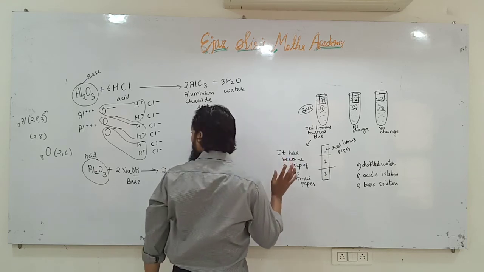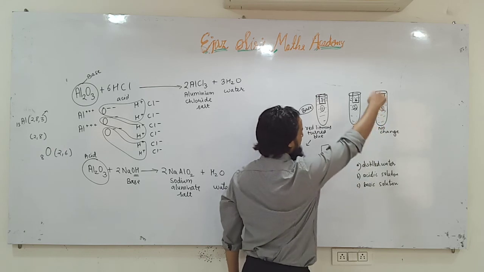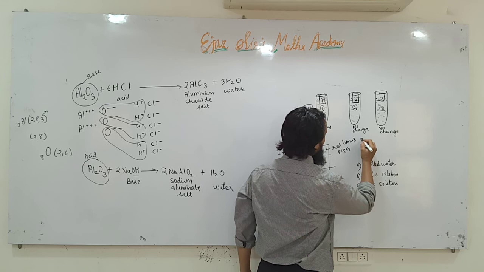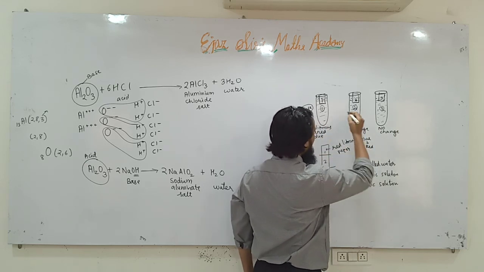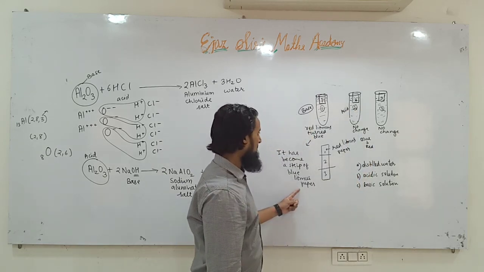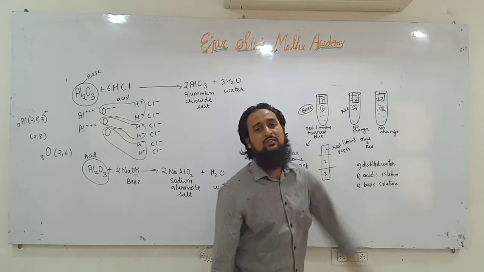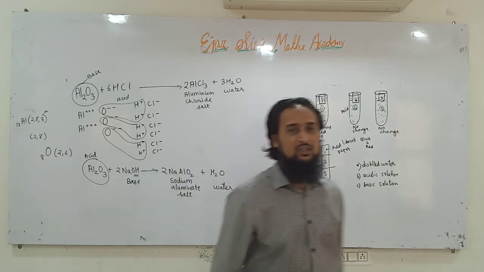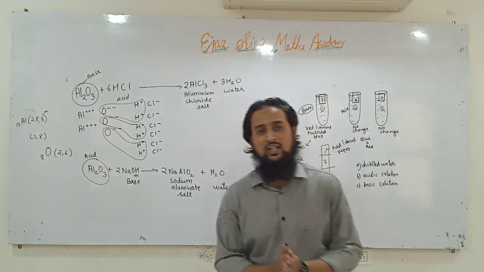Now we will take this blue litmus paper and dip it in these 2 test tubes. And if the blue litmus paper turns red in, suppose, the second test tube, then it must be an acid, because blue litmus paper has turned red. And this one is the test tube containing distilled water. So this is the activity. I hope you understood it. Have a nice day, enjoy your studies and work hard.